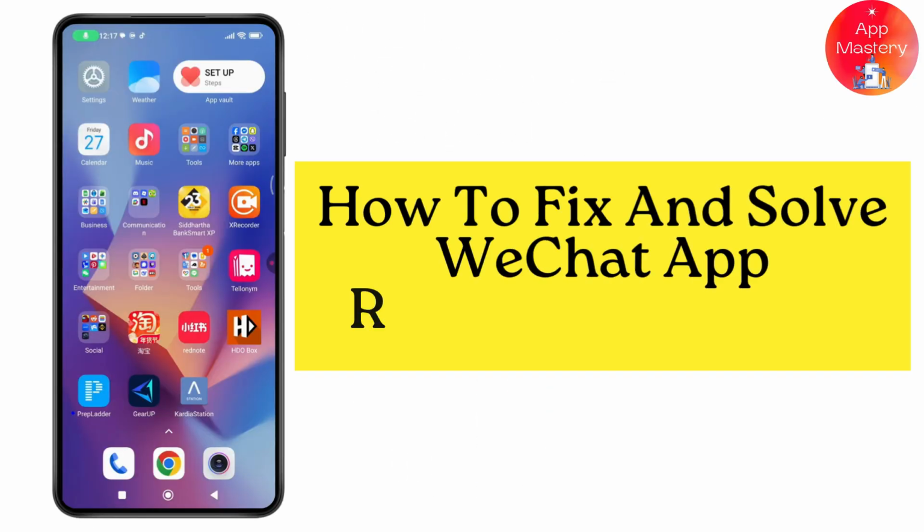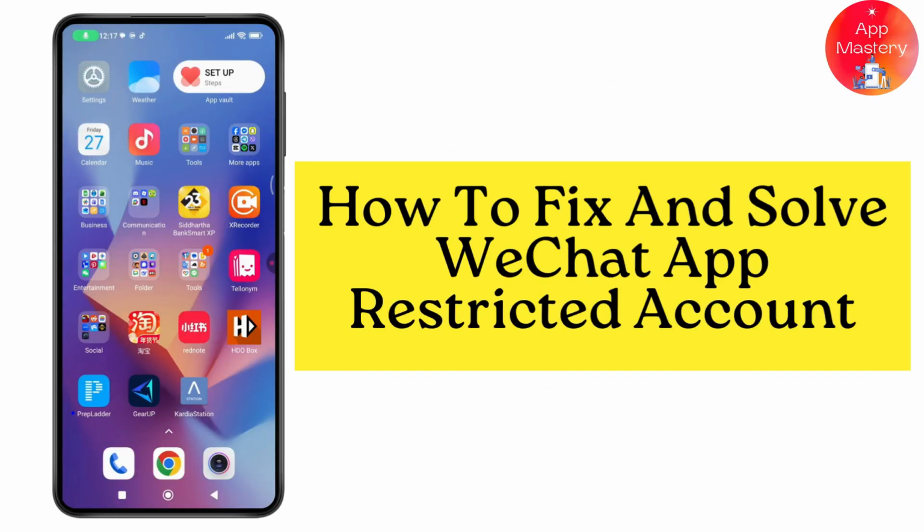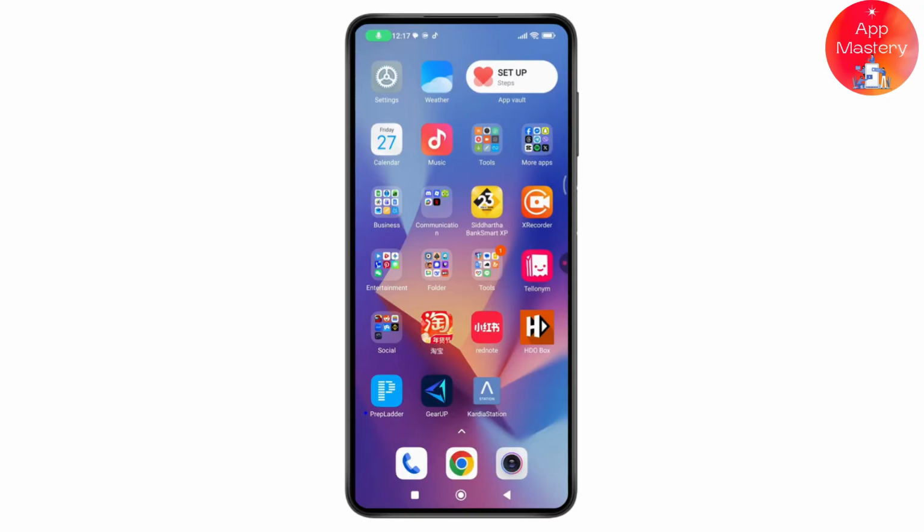How to fix and solve WeChat app restricted account. So if you want to fix and solve WeChat app restricted account, then what you need to do is first,